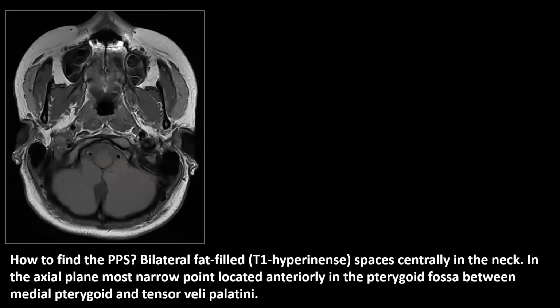Now, the parapharyngeal space, how can you find it on imaging? Well, it's basically quite easy because it's located centrally within the suprahyoid neck and it is fat-filled. So it will be very hypodense on CT images and it will be hyperintense on T1 weighted images. It has a bit of a triangular shape, as you can see here,